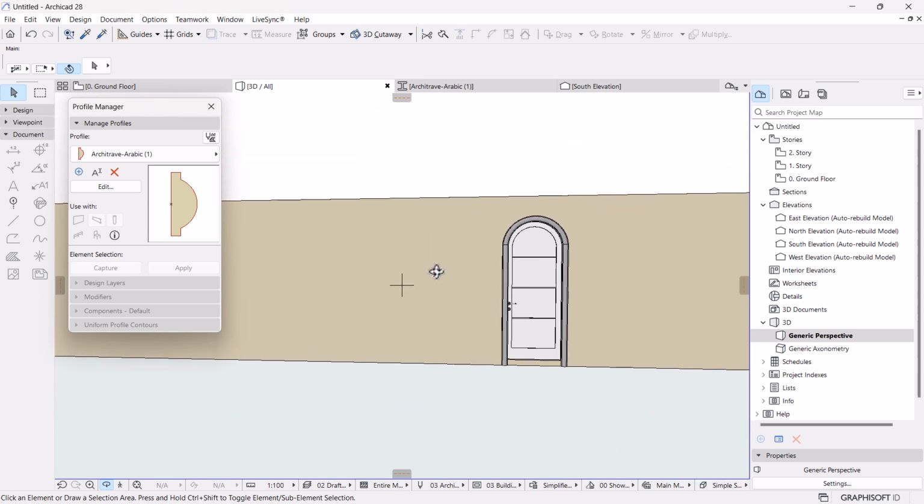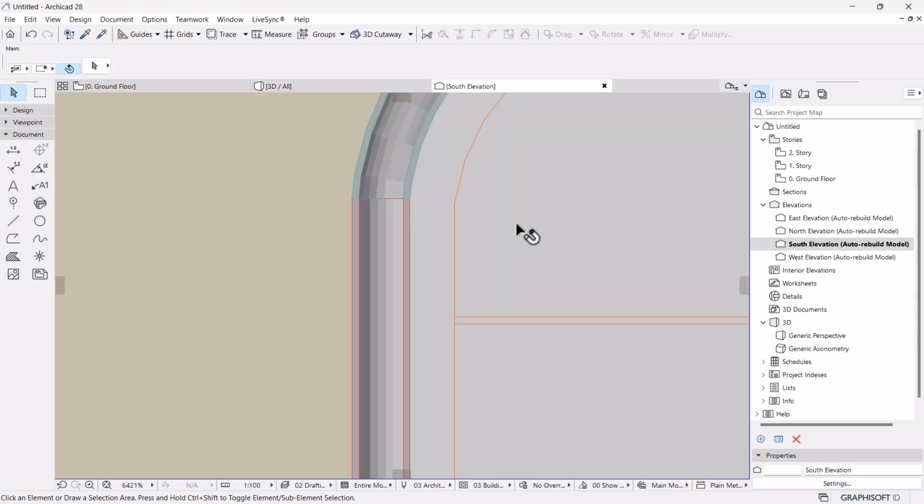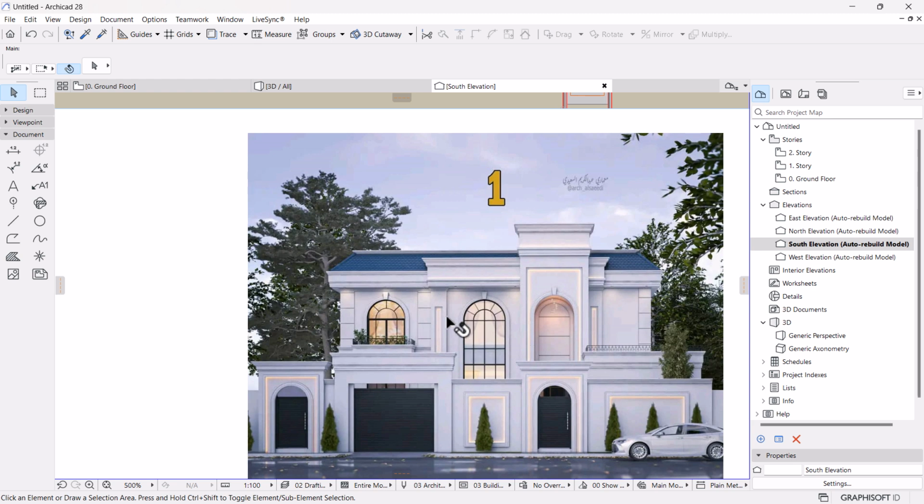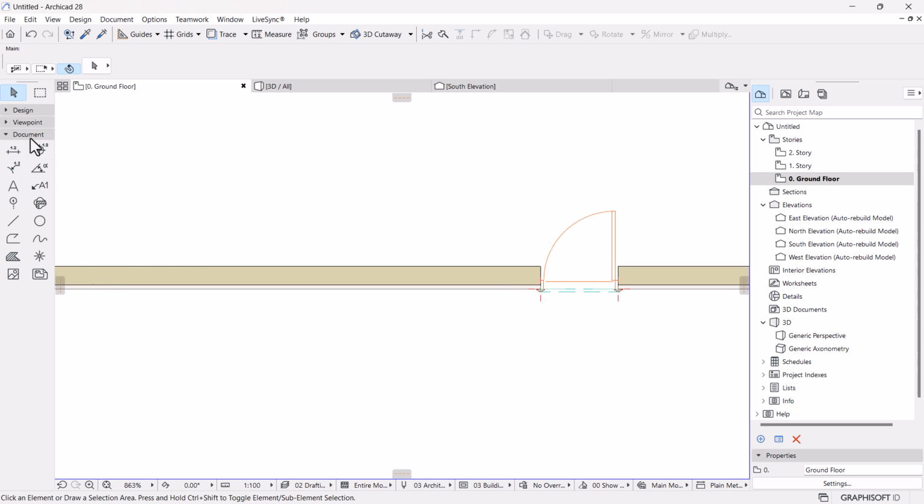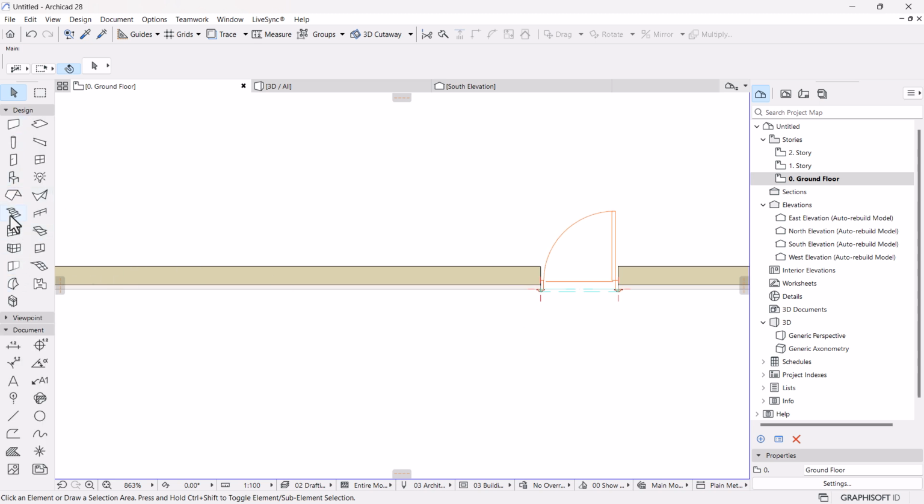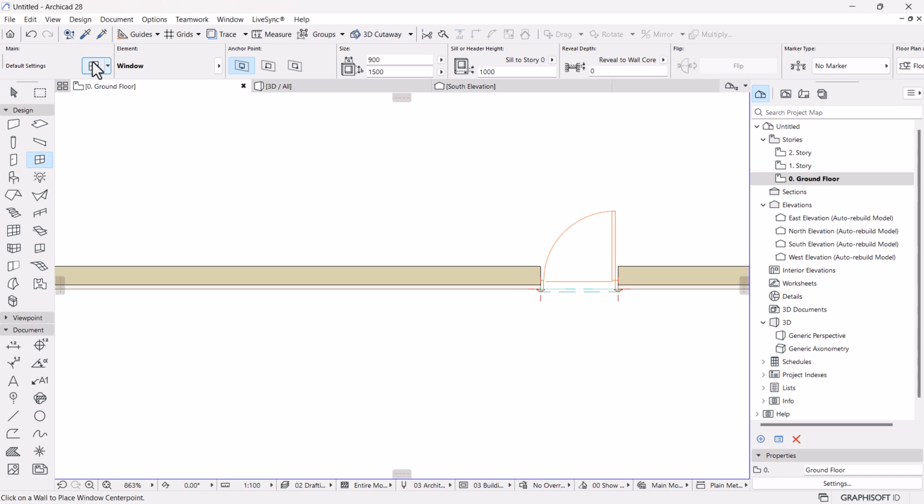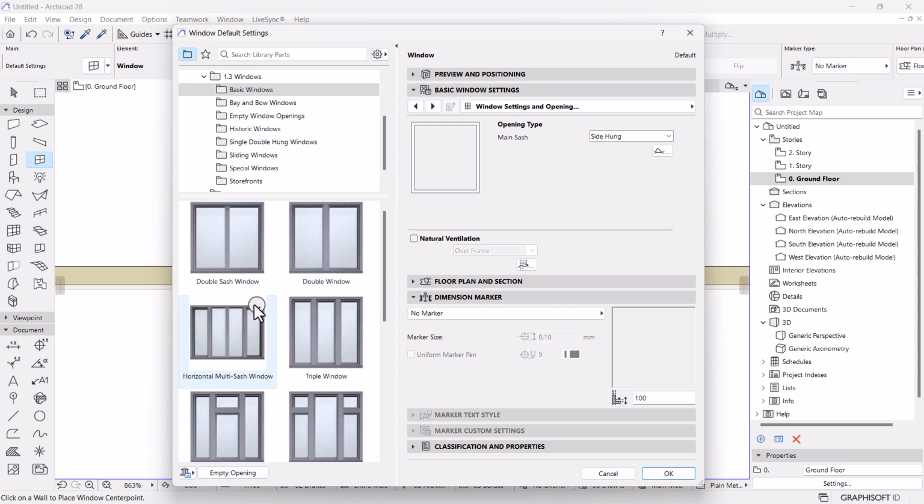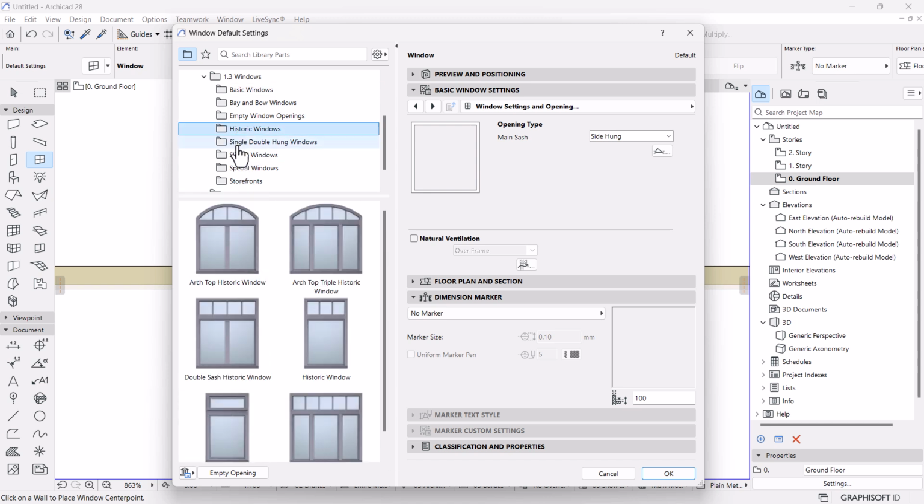Okay, so let's move on to the next item, which is the windows. If you go back to our elevation, we have these two windows. Let's go to the ground and place them. I'm going to go to the design tool palettes and activate the window tool. After this, hit the settings to open the settings dialog. Here what we want to do is, I think at the basic windows, historic windows,